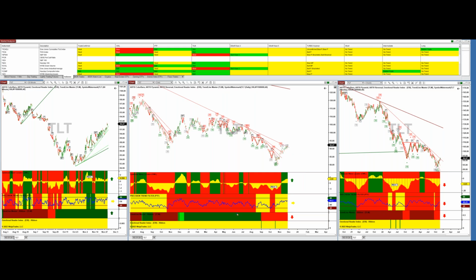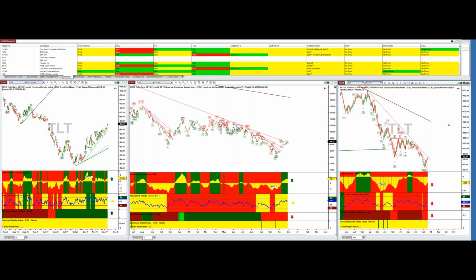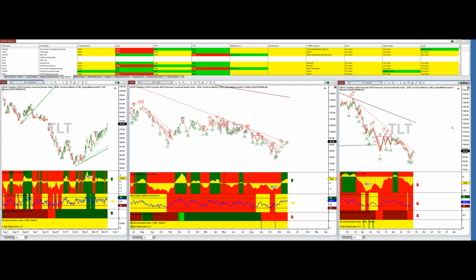And as you can see on this one here, the PTF really saved me here because I didn't go in and then it came back down. So I'm glad I didn't go in it there because a lot of people thought that was a bottom. And this doesn't look like a bottom right now to me either because of the red PTF on the longer time frame. But that doesn't mean you can't still go up from here as additional people cover their shorts, and some people think this is a bottom and they'll come in. But according to the PTF, it's not a bottom.